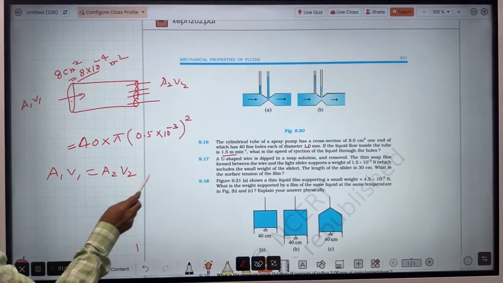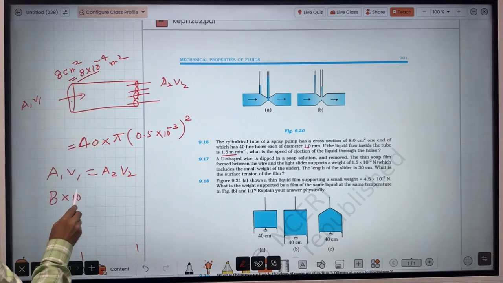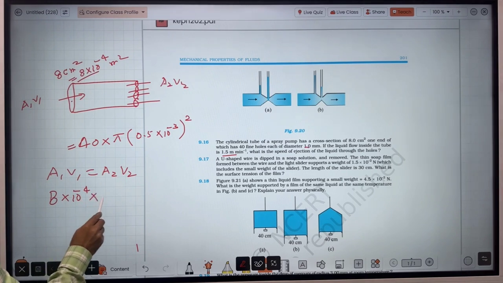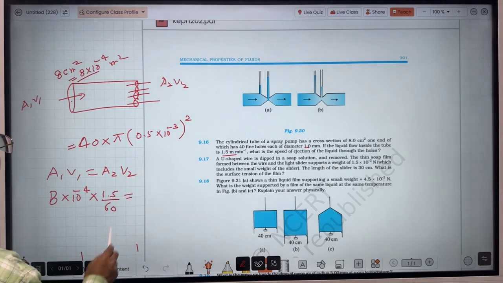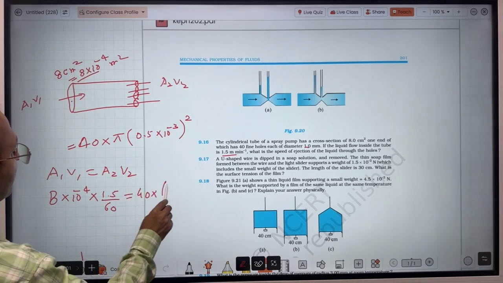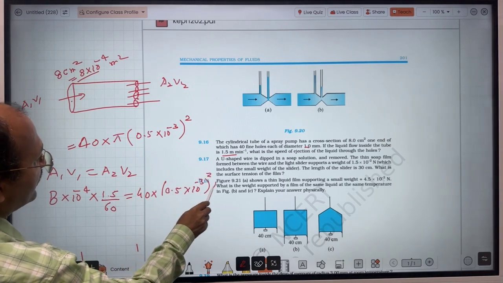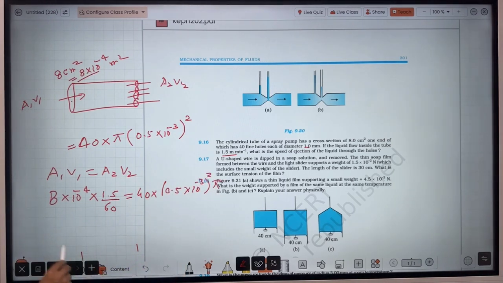Here A1 is 8 times 10 power minus 4, into V1 is 1.5 divided by 60, per minute, equal to A2. A2 is 40 times (0.5 into 10 power minus 3) whole square times pi, into V2, which is to be